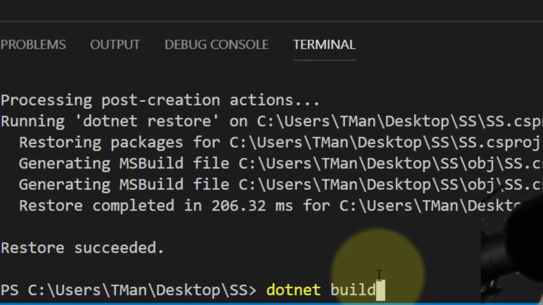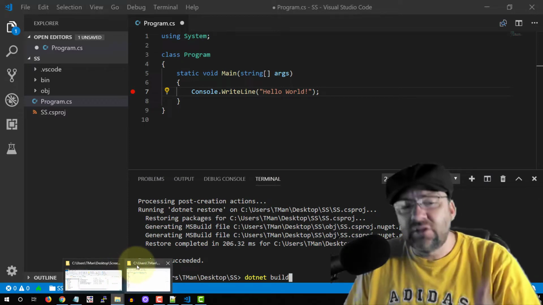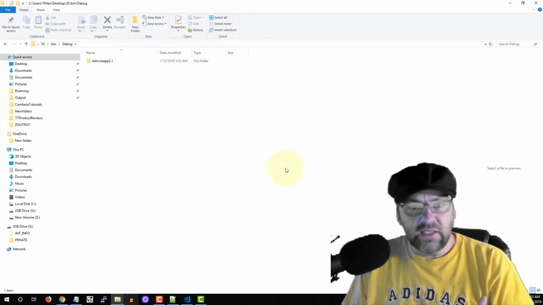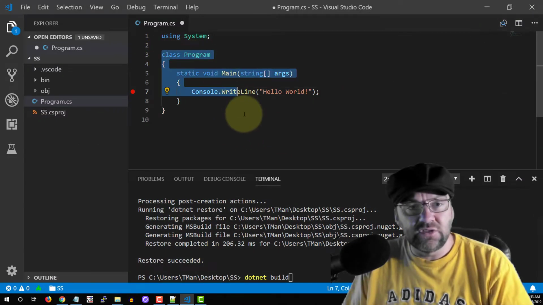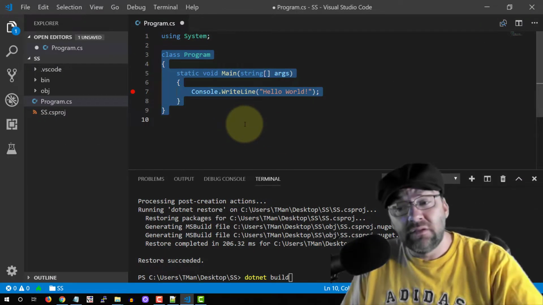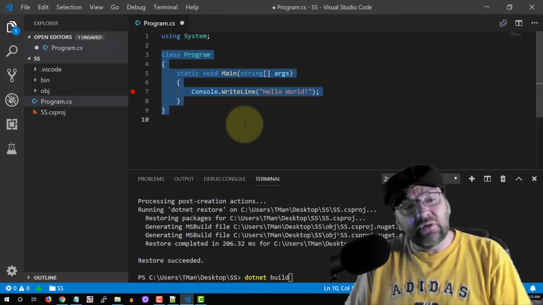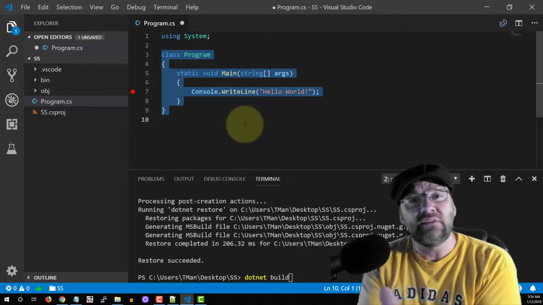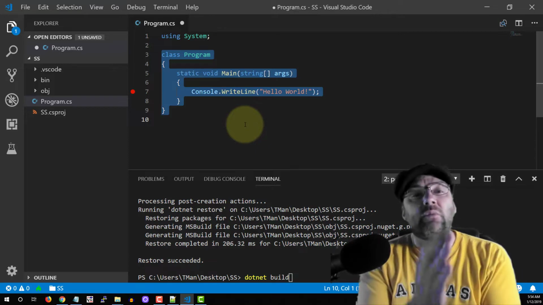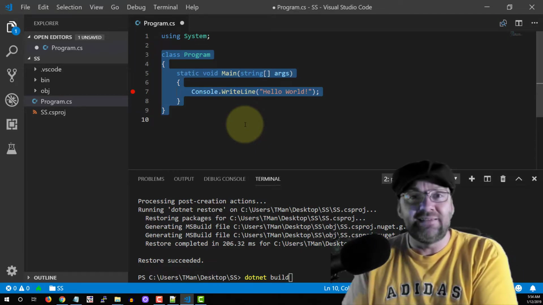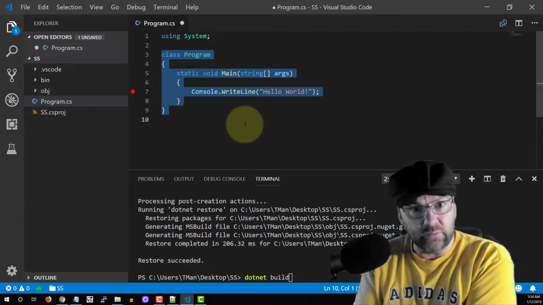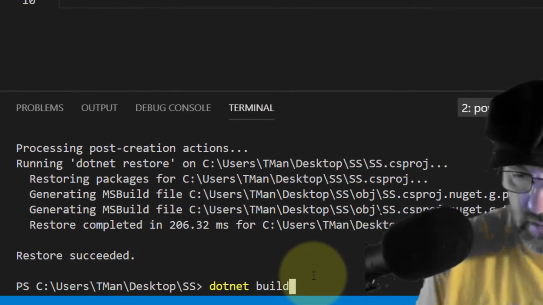What a build does is it compiles a program into an executable or a dynamic link library or a DLL or something. That way you can distribute it and use it. So in code, what you're really doing is using human language to write something, and when you do a build or you do a compile, it creates machine language in a file that the computer understands that can be distributed and executed. So we do a build, we compile into a DLL or an EXE, and then we can run it separately. We go from human language all the way down to binary language. That's what we're doing. So let's do a dotnet build, hit enter,